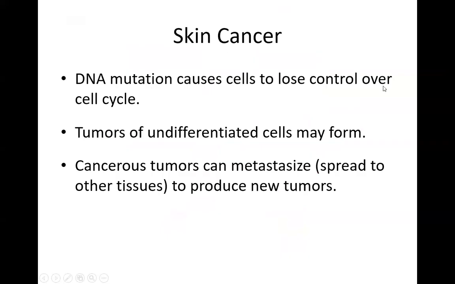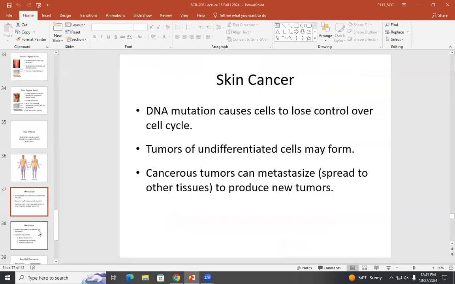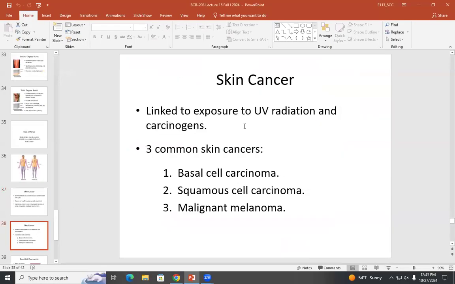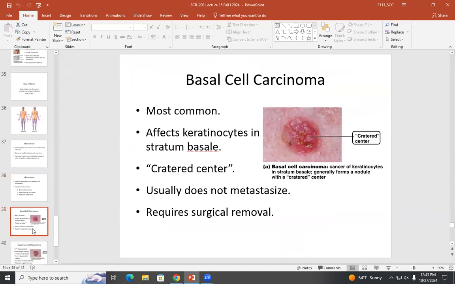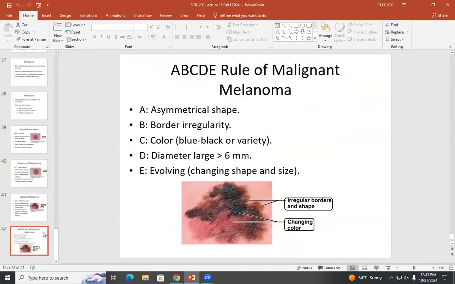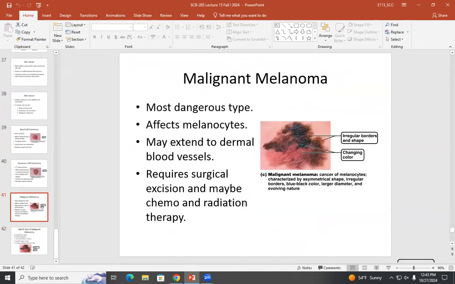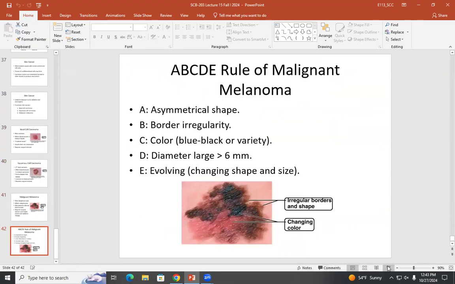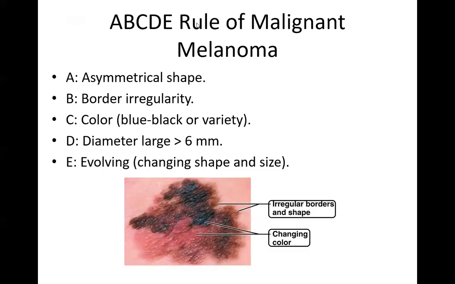Skin cancer, we talked about this, is caused by DNA mutation and linked to, we talked about that, the ultraviolet radiation that leads to basal cell carcinoma. And there's malignant melanoma involving the cancer of the melanocytes. We have covered all these concepts, and